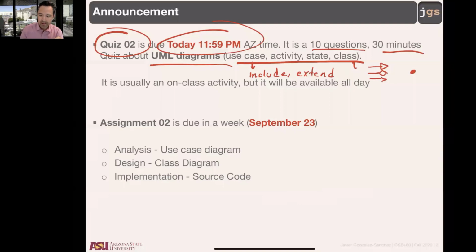Then, the assignment. I am going to talk today about your assignment 2. For your assignment 2, you have a week to work. So your assignment 2 is going to be due September 23, basically a week from today. Your assignment 2 is basically applying